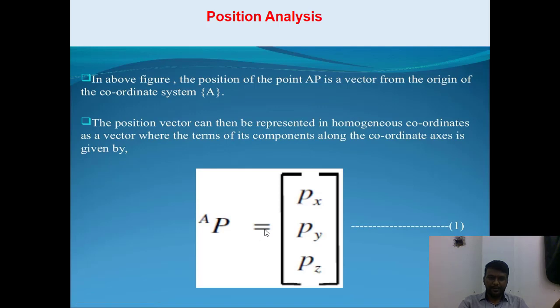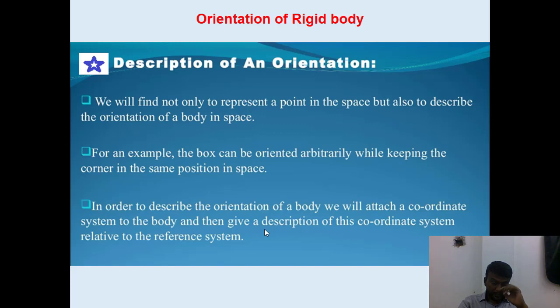So this is simple intermediate mathematics, right? The orientation: if there is a 3D body, not a point, we need to define the orientation, because a point doesn't have any volume. So we need not define the orientation for a point.